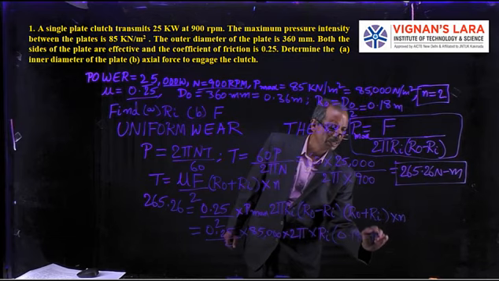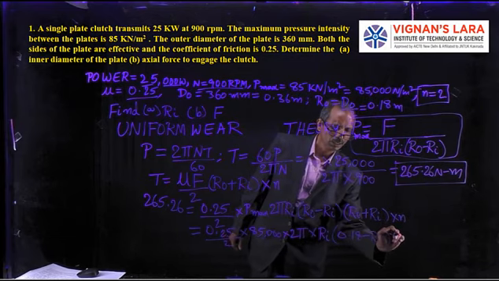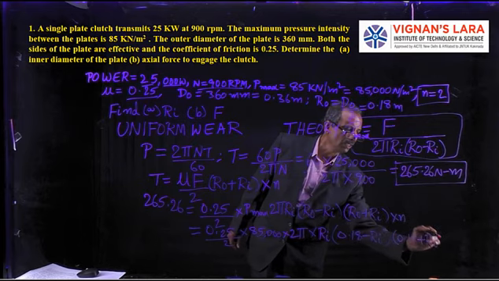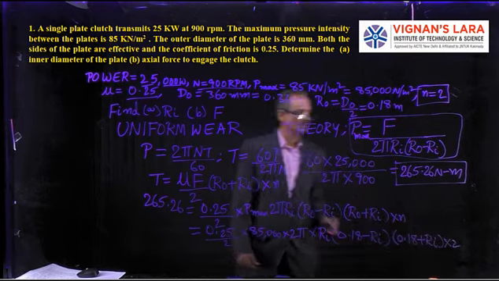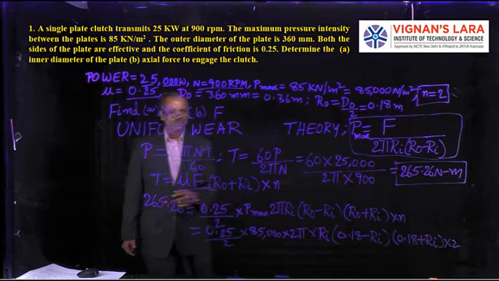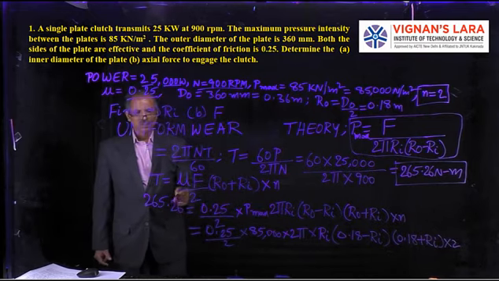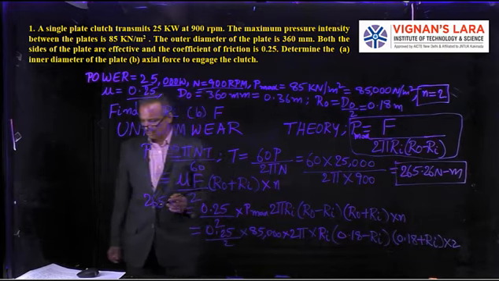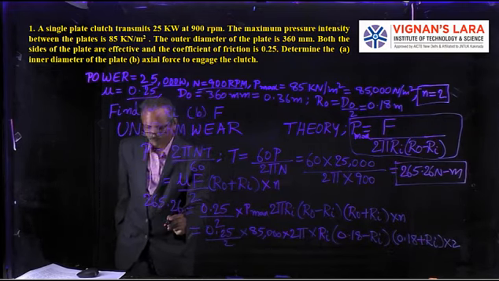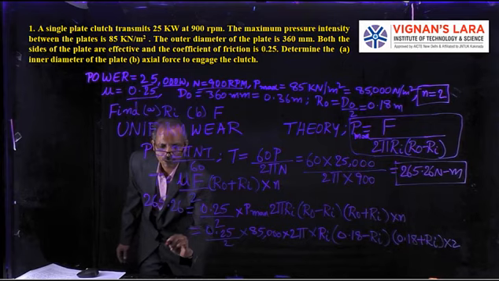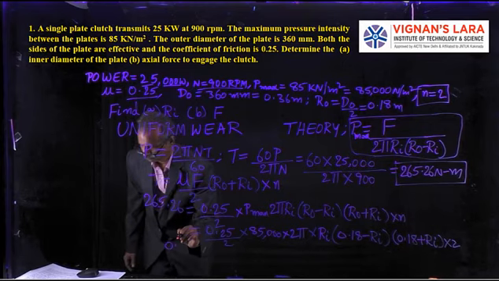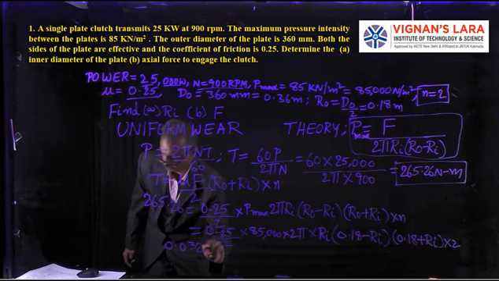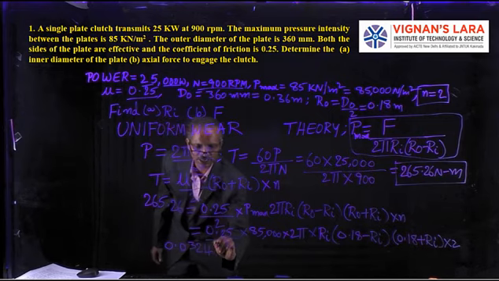minus Ri. Okay, this is 0.18 plus Ri. N, the number of surfaces, is 2. So solve this equation, just by expanding this you get an equation which is 0.0324 Ri